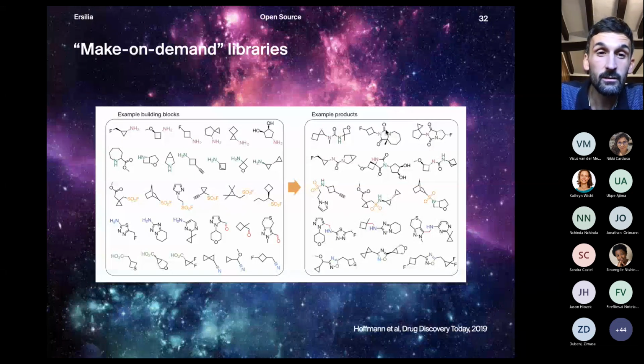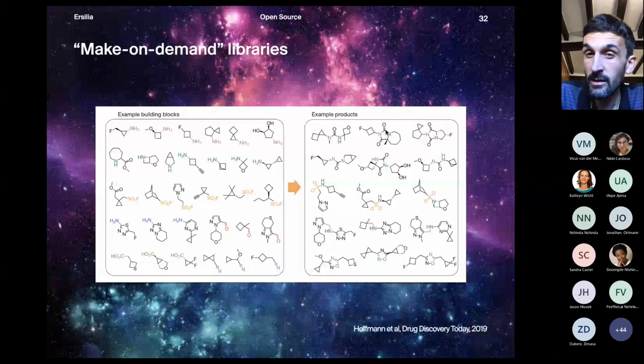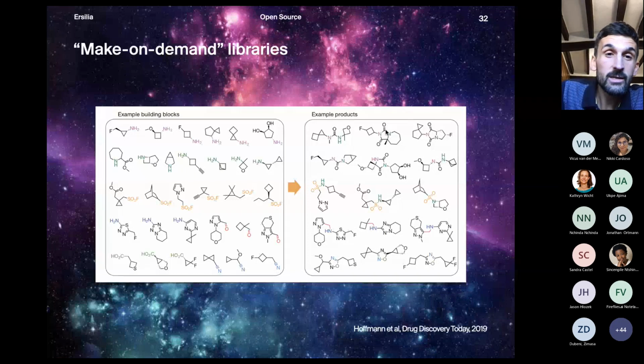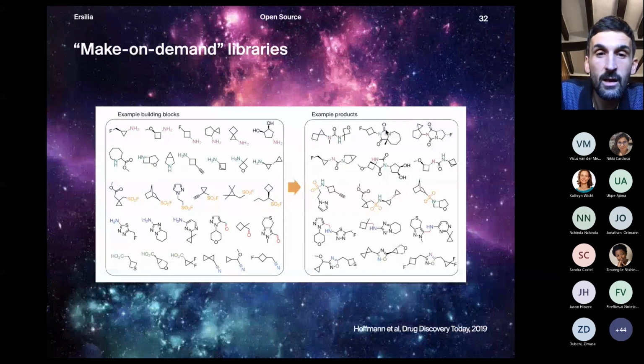Those are libraries built basically from building blocks and known reactions. The idea is that they do not have those molecules physically. They are not purchasable, but they know how to synthesize them in a short amount of time, let's say under 3 weeks. So basically, Enamine enumerates all the possible compounds that they can synthesize,